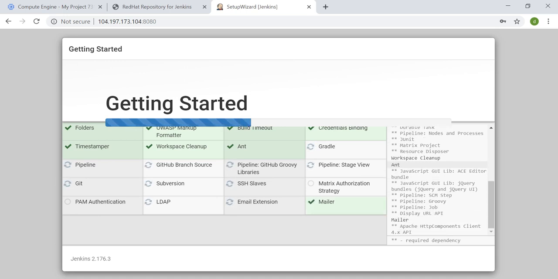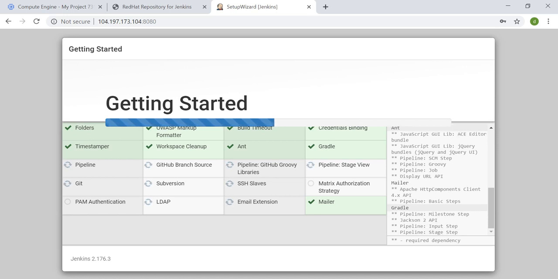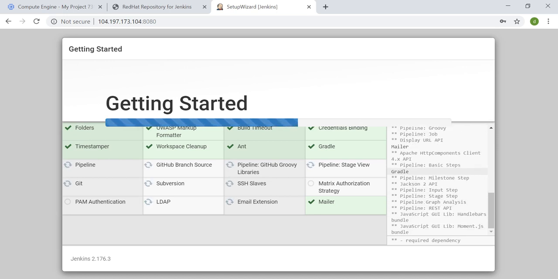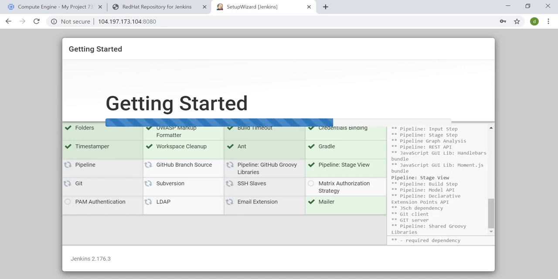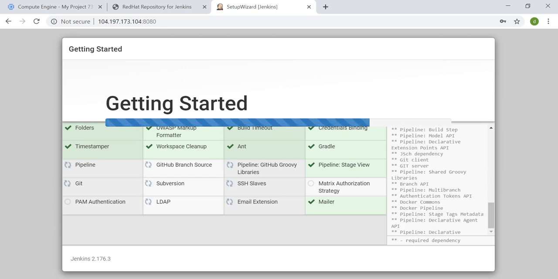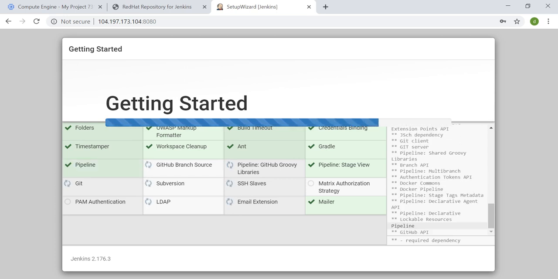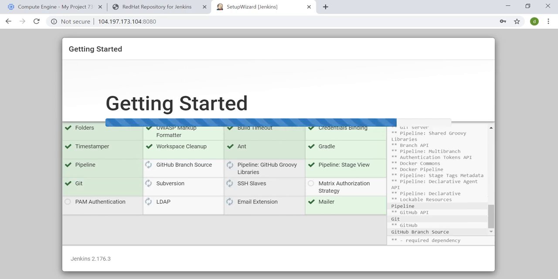It may take a minute or two. Plugins are installed. If any particular plugin needs any respective dependencies, even those dependent plugins were installed. So everything will be set.